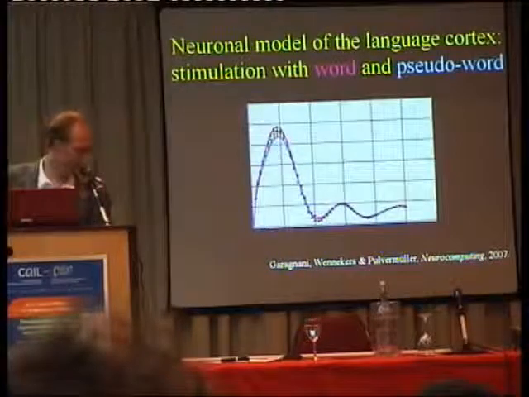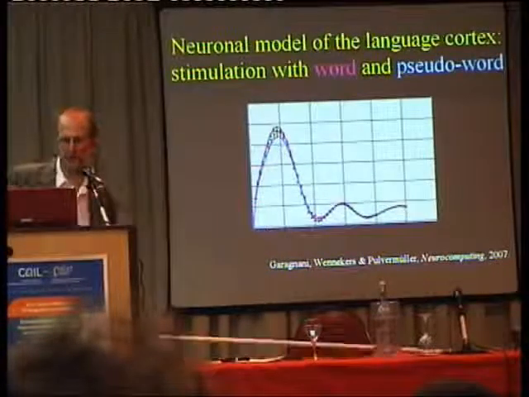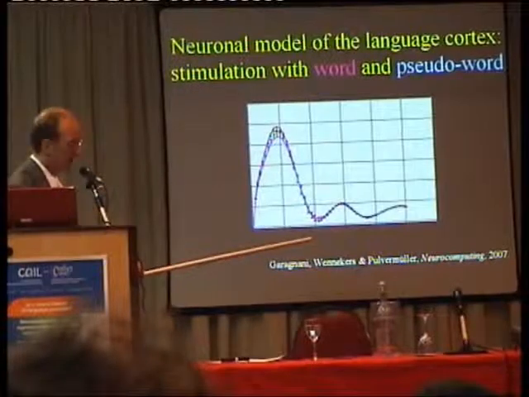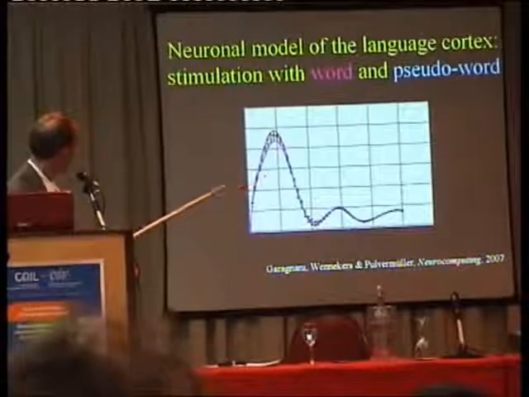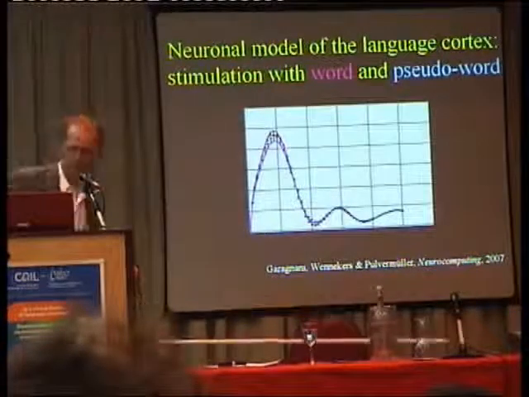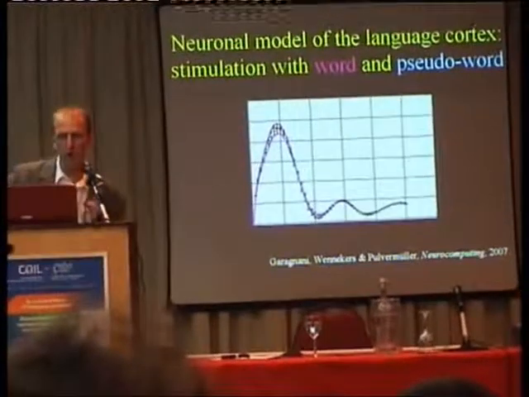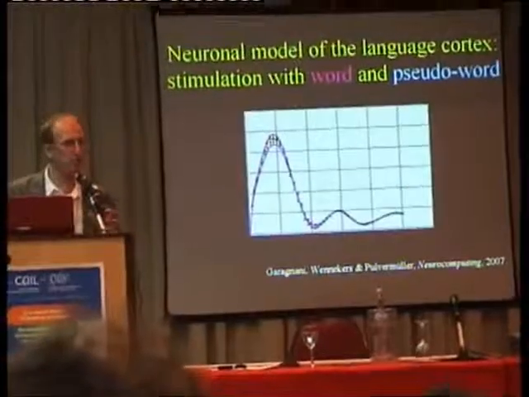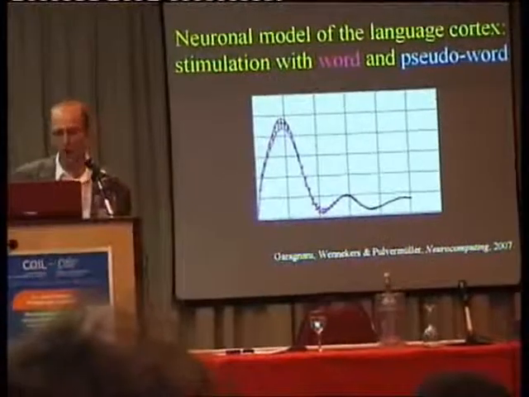And the activation dynamics revealed by this network was this: we saw a stronger activation generally under certain conditions when words were presented compared with pseudo word activation, which implies